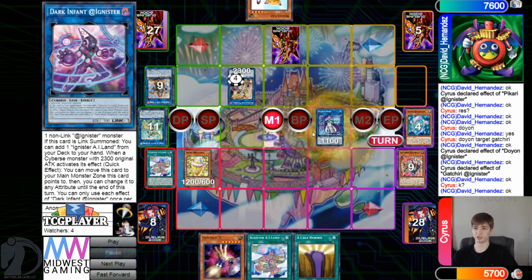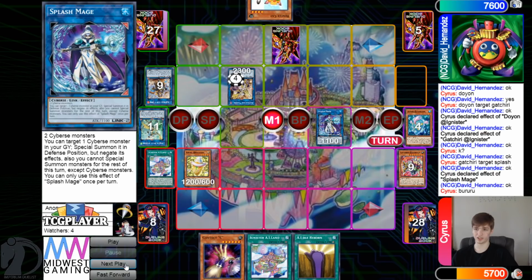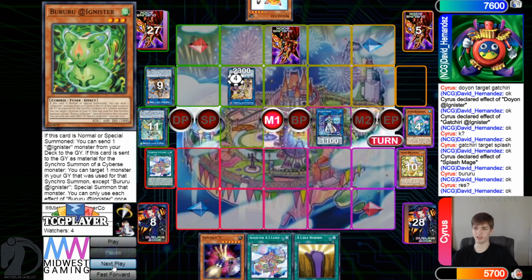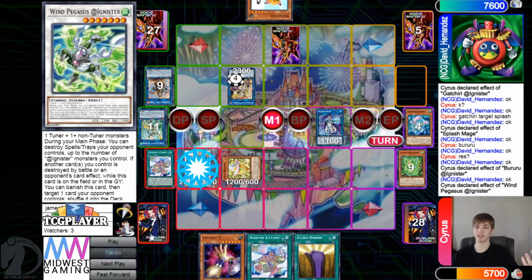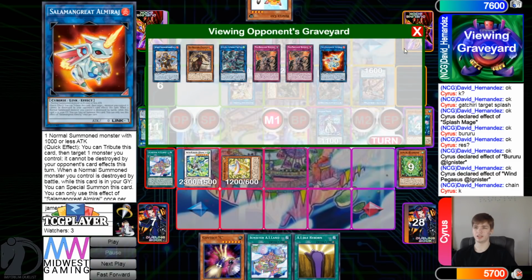And then turn those two into a splash. Earth effect, make a sideways splash that's unaffected. And then splash, go ahead, bring out the wind. Turn those two into a wind Pegasus. Wind effect in graveyard, special summon back. And then wind Pegasus to go ahead and try to pop the back row. Chain Revolt. And then this will go ahead and summon